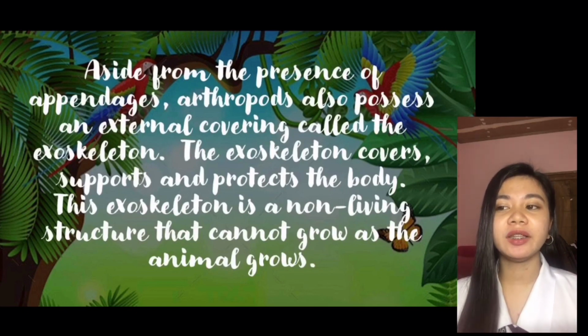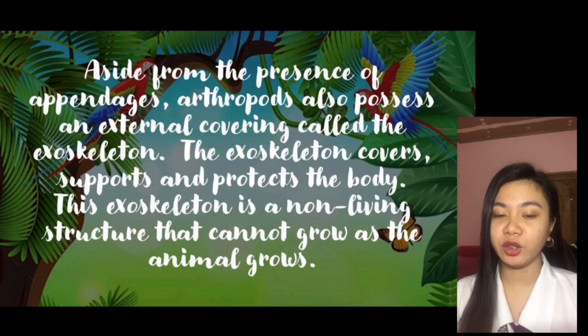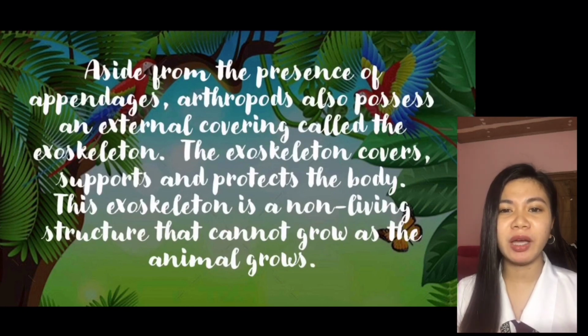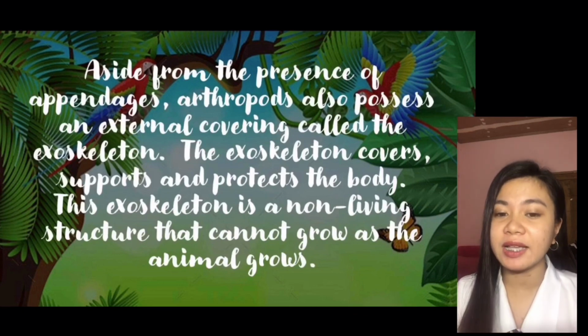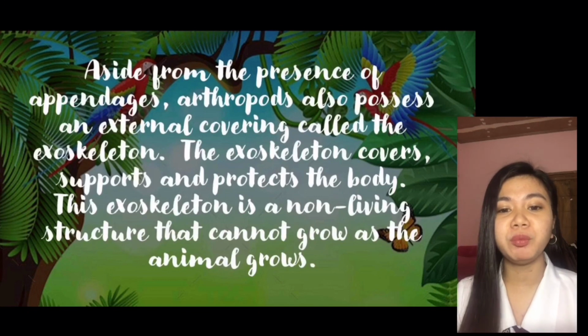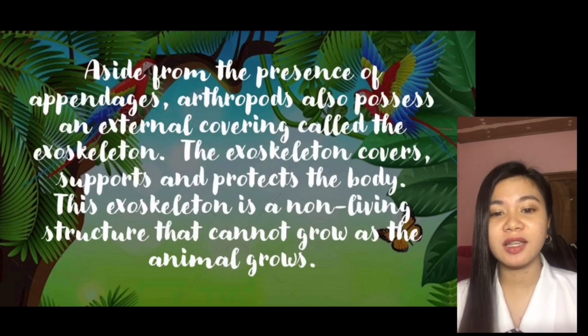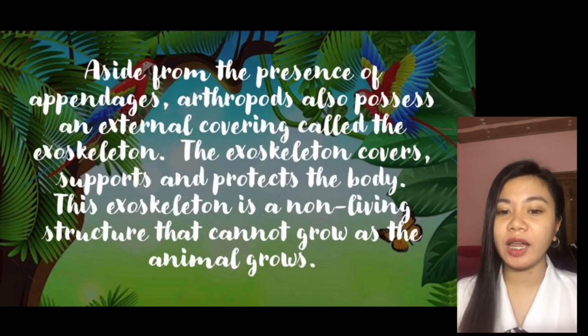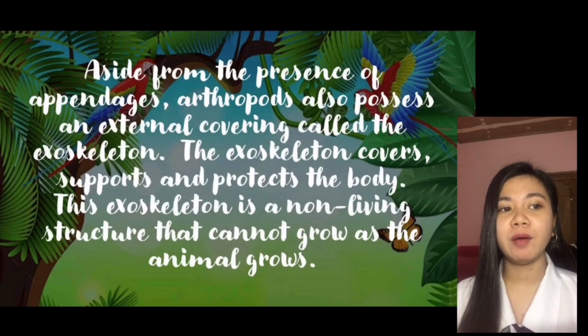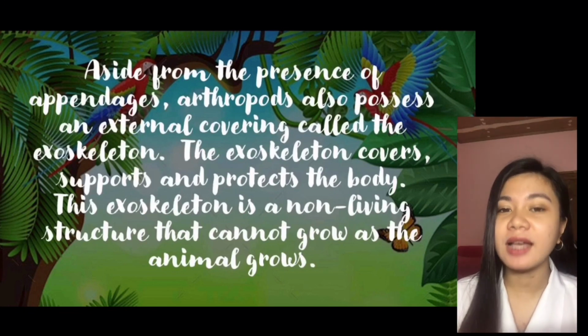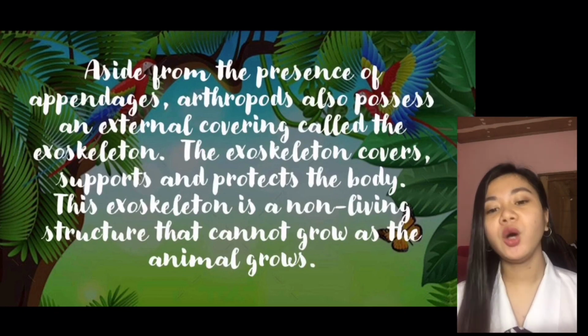Meron din po silang tinatawag na exoskeleton. Yung exoskeleton naman po is kung makikita natin sa mga insects, meron silang mga shell na parang matigas. And kung sa crab naman siya or sa shrimp, yun po yung pinakabalat nila na medyo matigas po. And kung isa-search po natin sila sa internet, is yun po yung lalabas, which is yung parang mismong pumoprotekta sa mga insect.